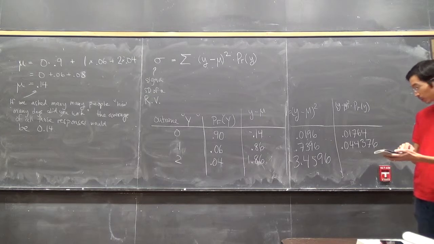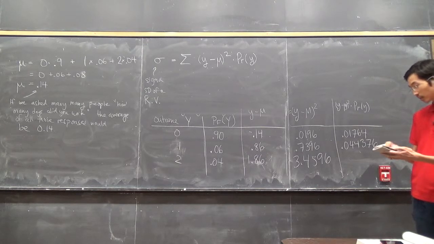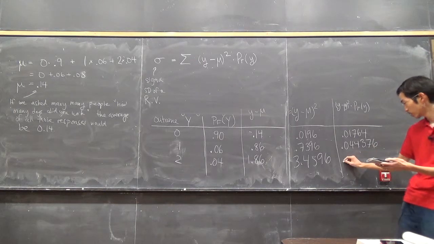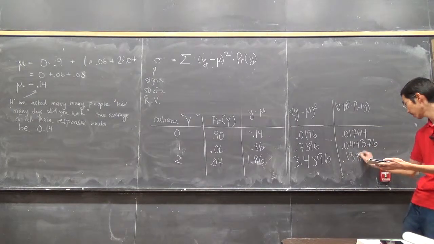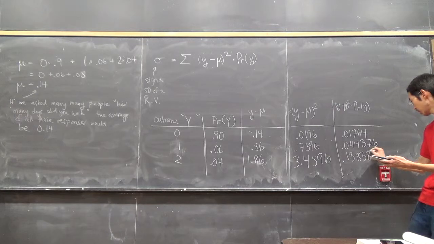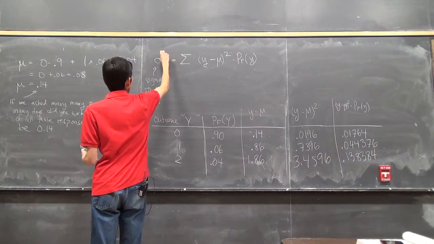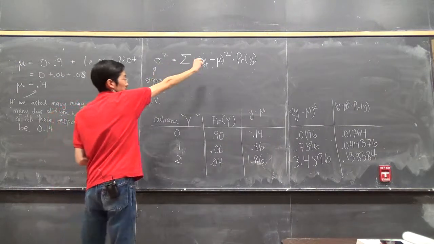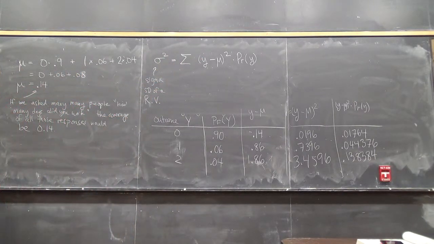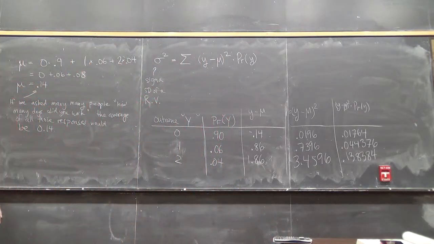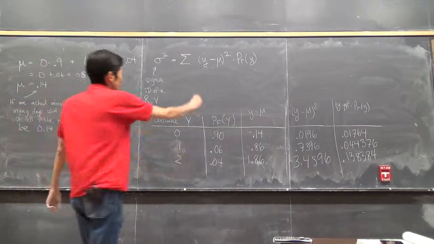And I would get 3.4596 times 0.04, 0.138384. Oh, I'm so sorry. This is actually, put a square there. So sigma squared is equal to this. So that's the variance. Okay, and so my variance, sigma squared,